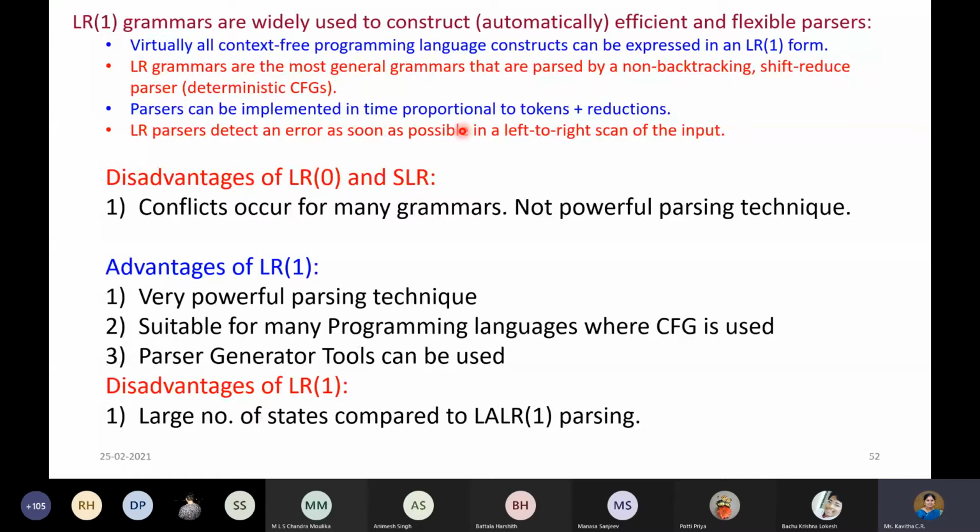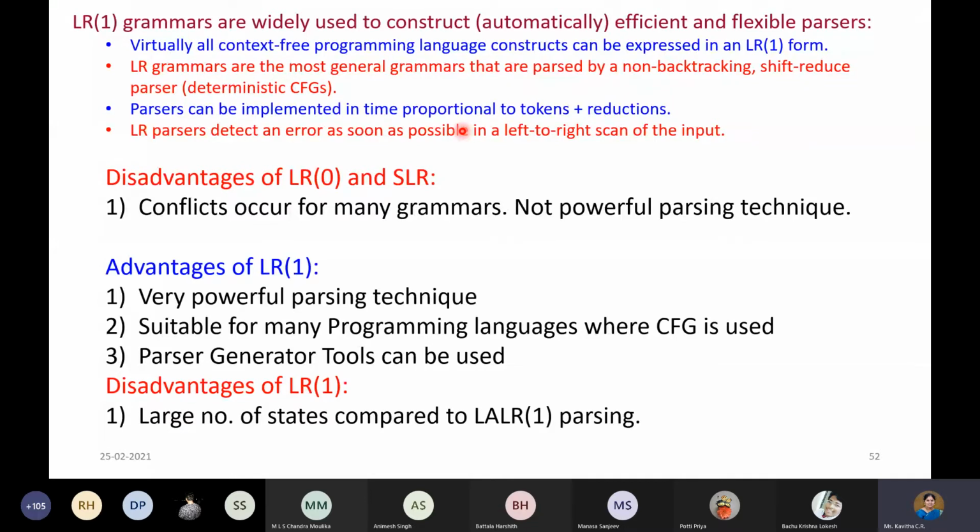So that is the basic idea behind the bottom-up parsers, and that is very useful in LR(1), because the algorithm itself is quite strong, and it can also handle most of the context-free grammars for programming languages. Therefore, it can detect the error as it scans. It can right away give the error that this is not accepted or this is not derived. So that is how bottom-up parsers are more preferred than top-down parsers in general.